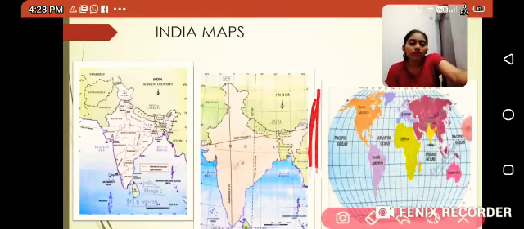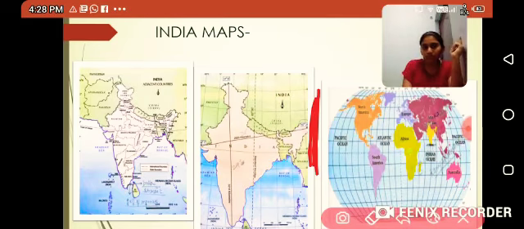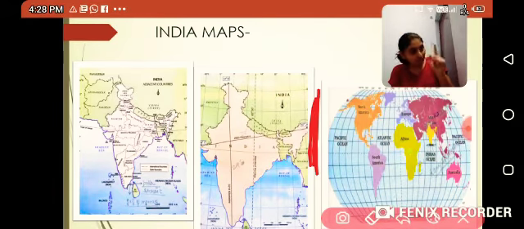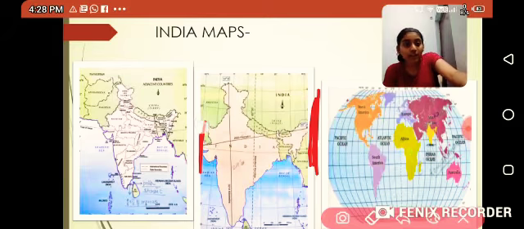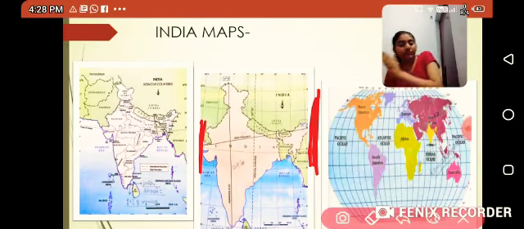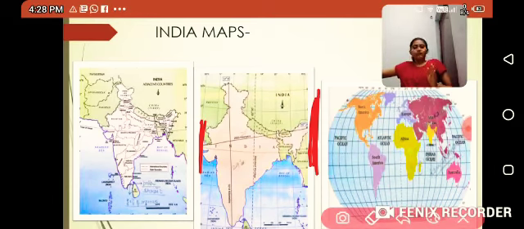So one longitude is here at the easternmost tip of India, that is Arunachal Pradesh, and at the westernmost tip of India, and that is Gujarat. So here we have Gujarat, here we have Arunachal Pradesh. So at Gujarat, the longitude which is passing through Gujarat is 68 degrees 7 minutes east, and at Arunachal Pradesh, the longitude is 97 degrees 25 minutes east.